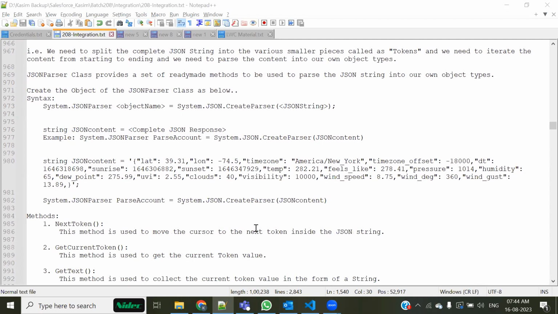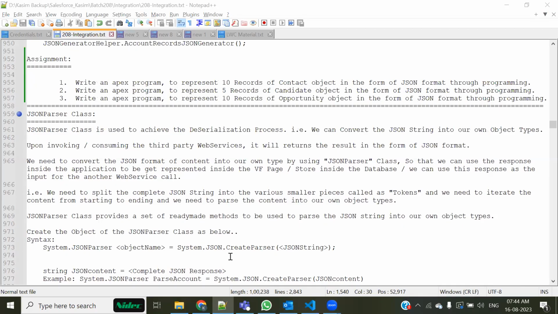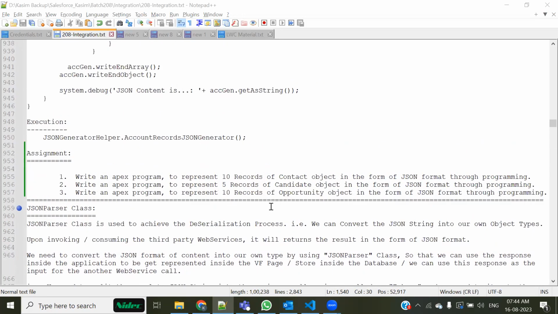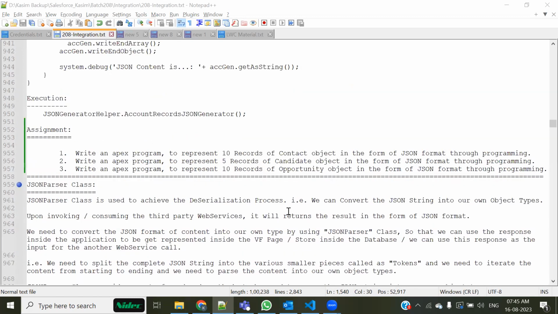All right. Let's now start with the JSON parser class. So we have finished with the JSON generator, and how you can convert, or rather perform the process of serialization for a raw form of JSON, or rather the records of an object. And this was a very important step